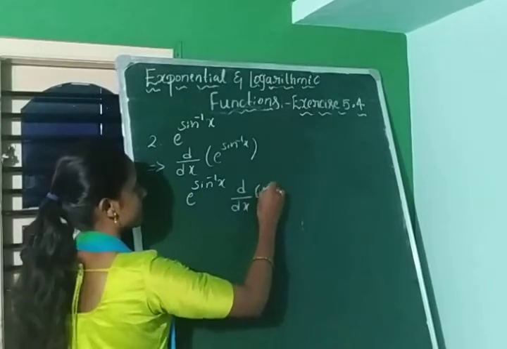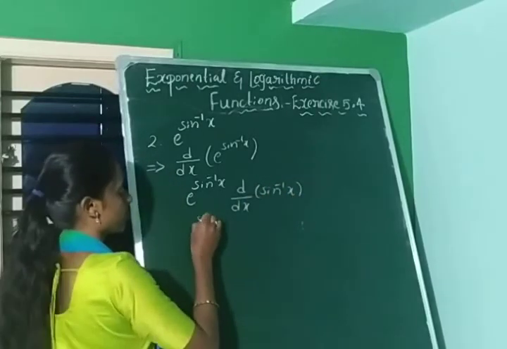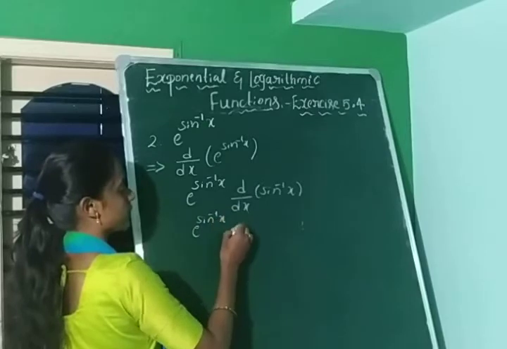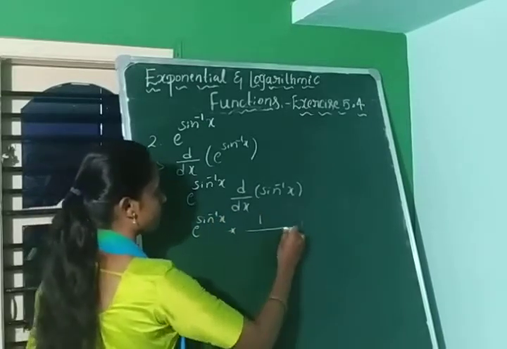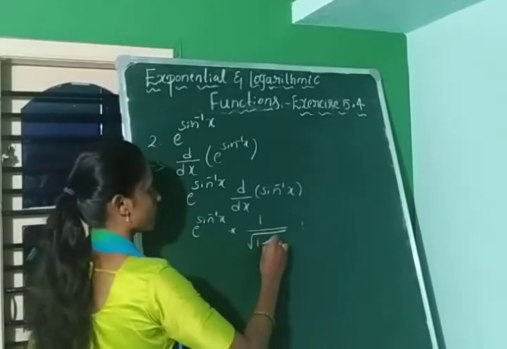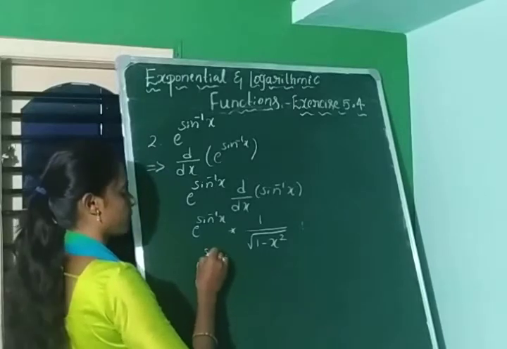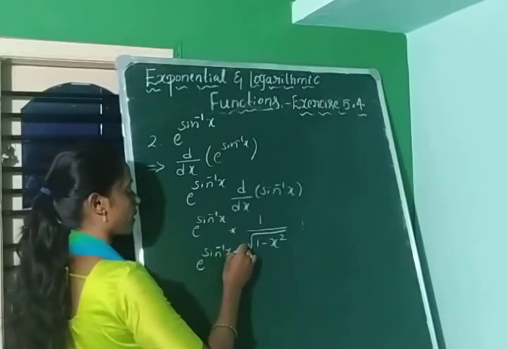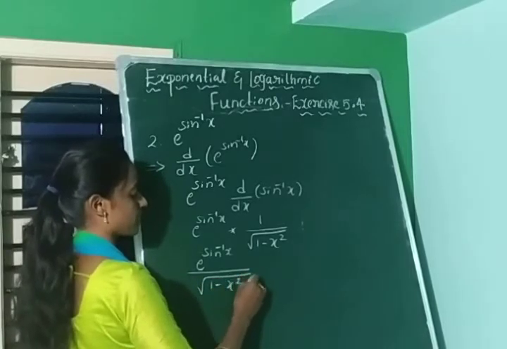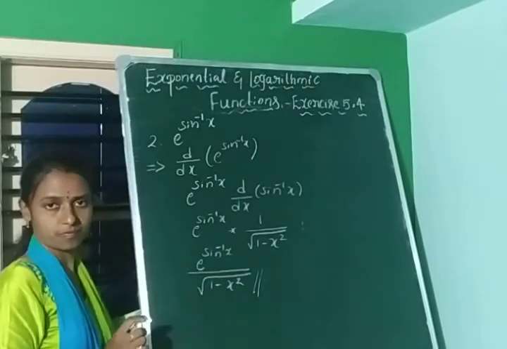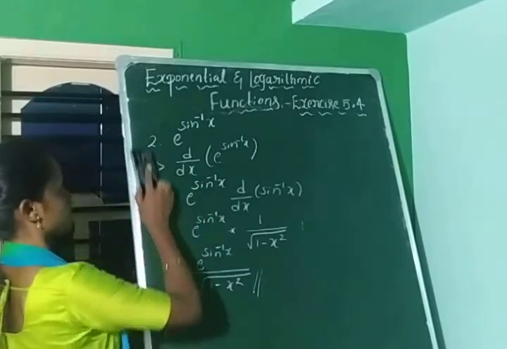So sin inverse is there, hence we can write e power sin inverse of x. Again sin inverse derivative is, as we know, 1 divided by square root of 1 minus x square. Or we can write this as e power sin inverse of x, all divided by square root of 1 minus x square. This is the derivative. Clear? Okay. Third one is